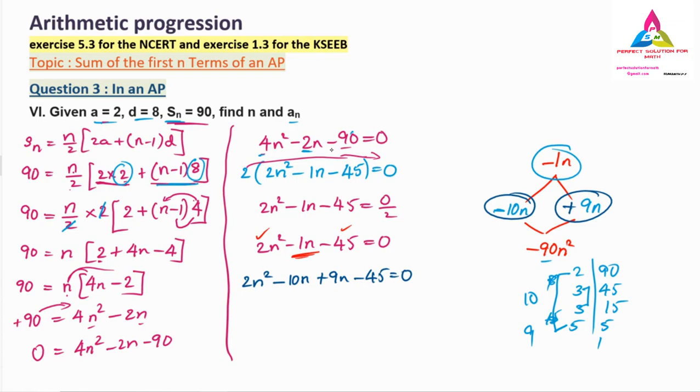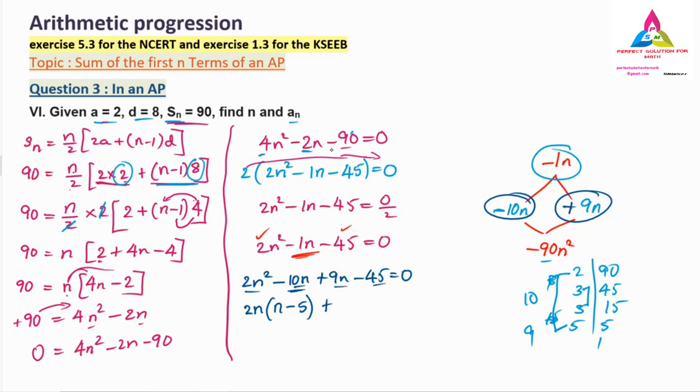So the calculation part: in this 2n square and minus 10n, what is common? 2 ones are 2, it will come. So 2 is common and also n is there on both sides, n is common. So here you can write down 2n, and minus. Here I can write down 2 5s are 10, n is already taken common. So here I have taken 2n, in that n is left. In this I have taken 2n common, so 2 5s are 10, n is already taken outside.